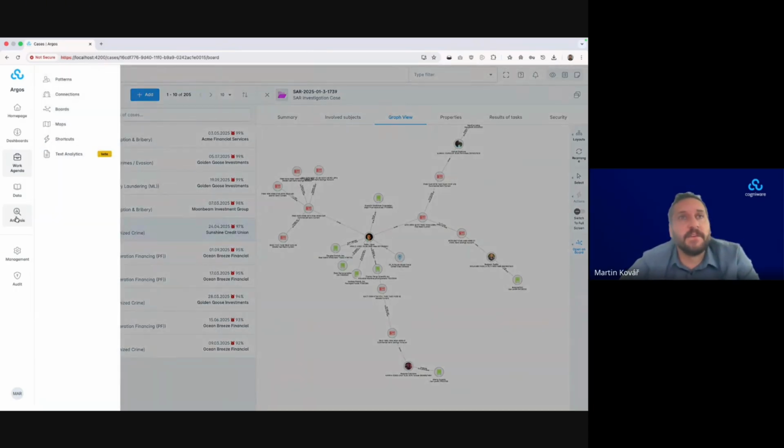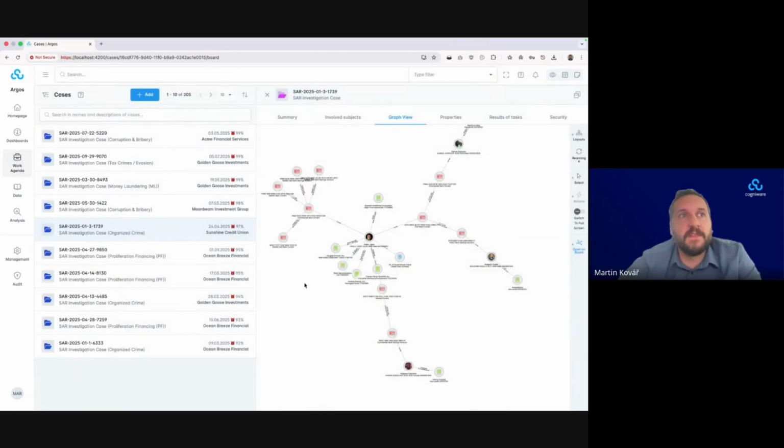There are many different functionalities within the platform. Now, the platform is quite generic, but we are providing the STR, SAR analytics assets with it. So it comes with a predefined set of rules. It comes with a predefined data model, which we know obviously needs some tailoring to each of the clients, which we of course do. But this is a ready-made solution. This is nothing that goes for development.